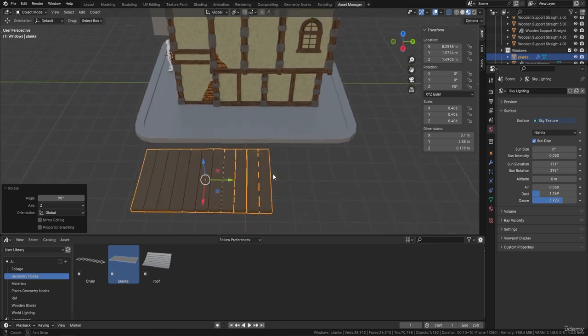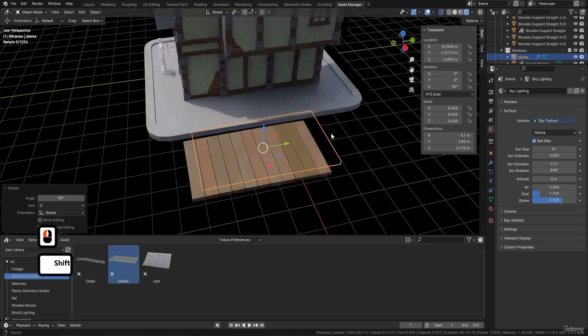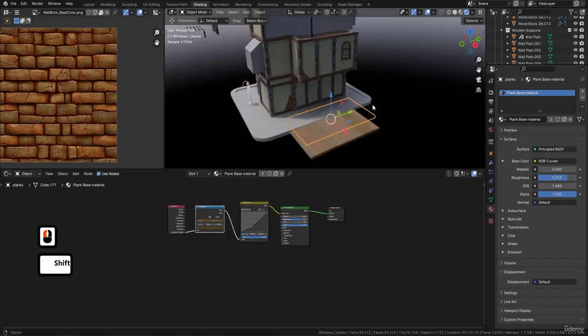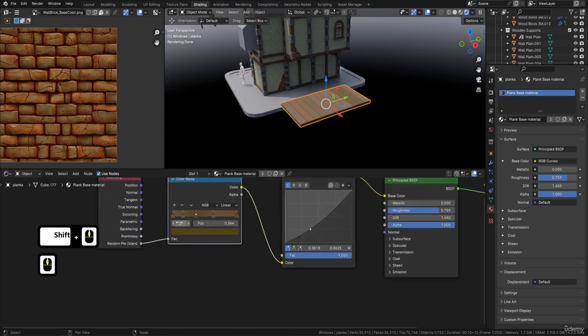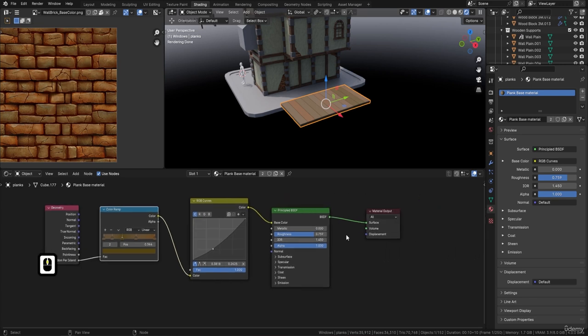Now you will see that it's just a simple material, but actually if you click this on, you will see that all the planks have a different color. And to actually get this effect, if we go to the shading panel now, you can see that all it is based on is a geometry node with random per island, very, very close together color ramp, so to get these different colors, an RGB curve to distribute whether it's dark or light, and then finally into a principled and